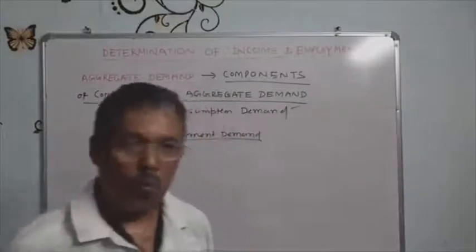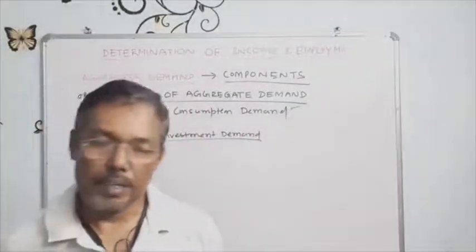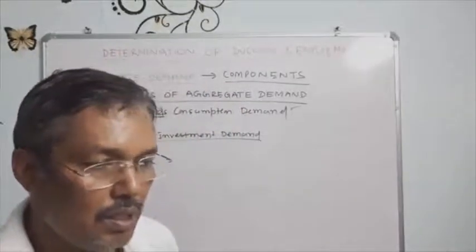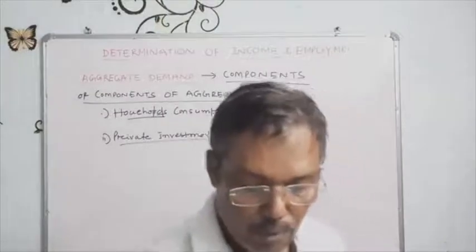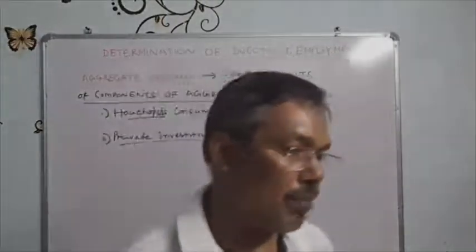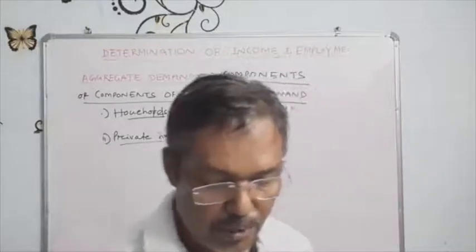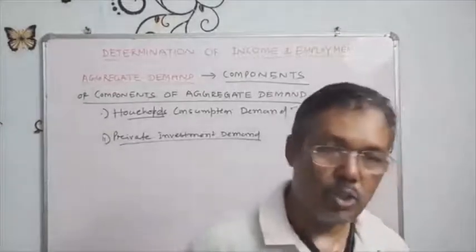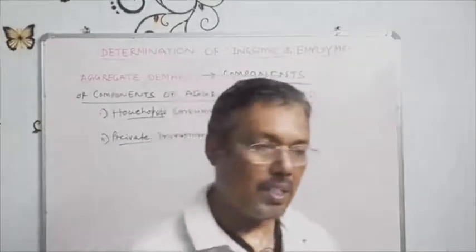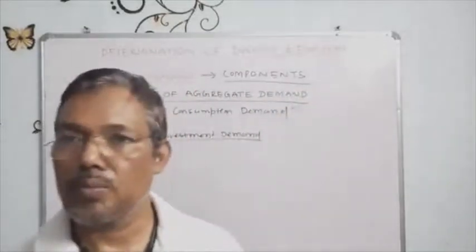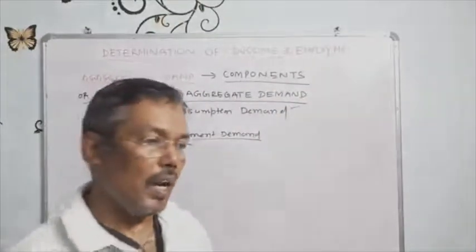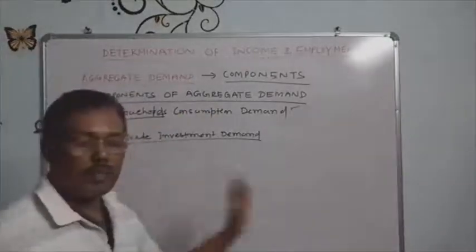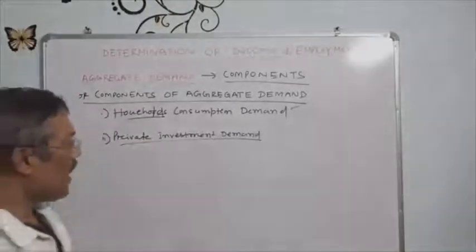If a person wants to start a business, he has to purchase machines, different kinds of equipment, and make buildings. These are expenditures. Before starting production, he has to arrange all these things. After that, he will start production and earn profit by investing his capital. This is called private investment demand. This is ex ante.